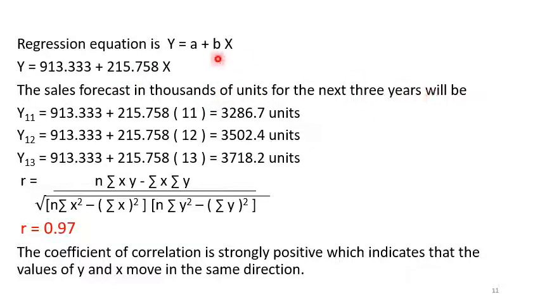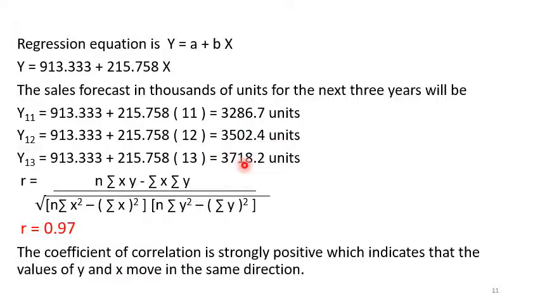So we have already seen, any year's sales can now be forecast based on the 10 years of data given. If I have to find Y11 for the 11th year, this A will be a constant 913.333. This B slope is also constant. What will change is only this X value. So I will substitute 11, 12 and 13 here, and I will get these units: 3286.7,